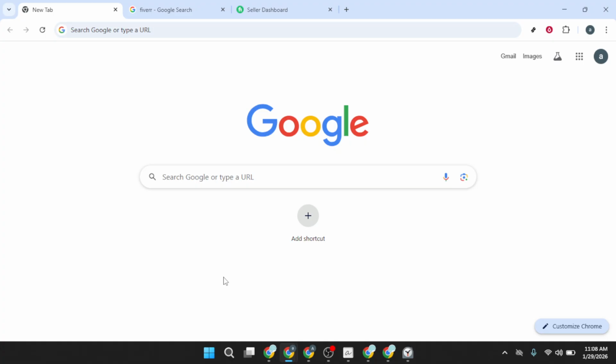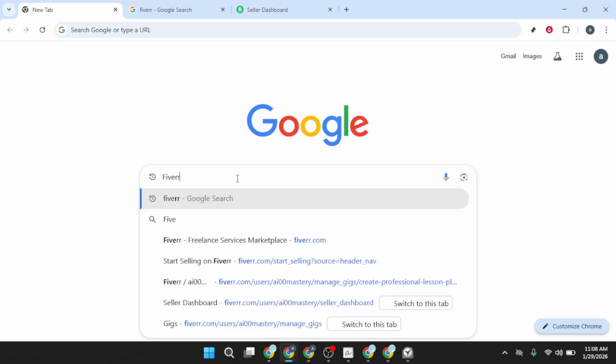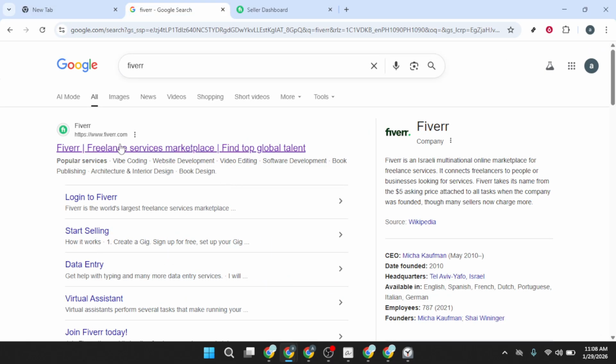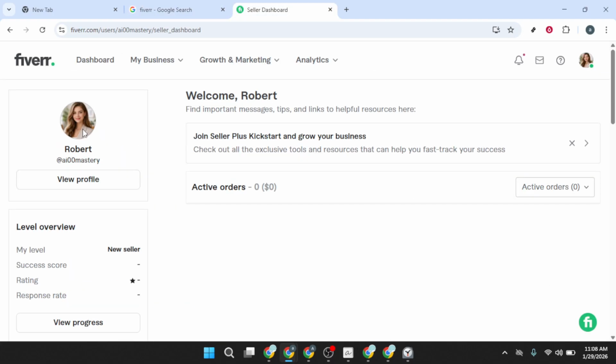Start by opening your web browser and heading to Google. In the search bar, type Fiverr, then press Enter. Click the official Fiverr result to go to the site. If you're prompted to sign in, log into your seller account and make sure you're in selling mode so you